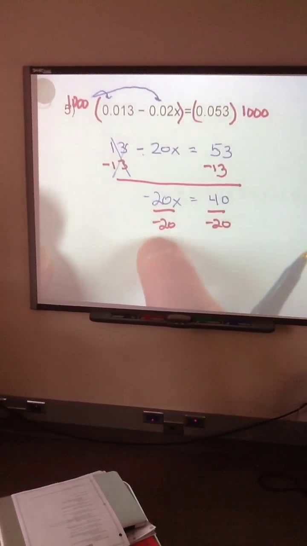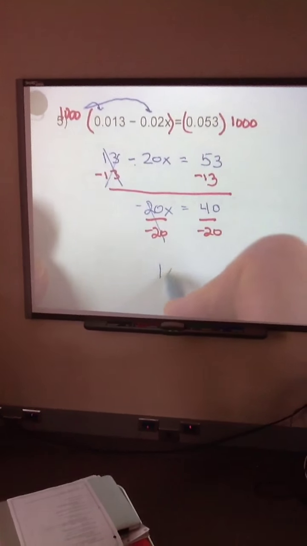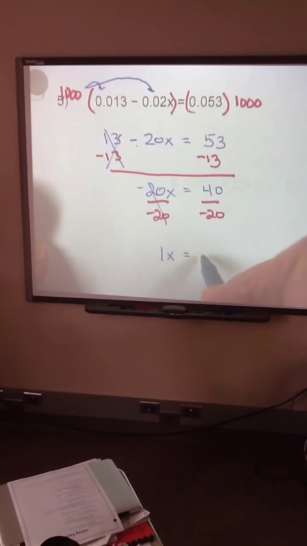And again, we want the 2 negatives to make a positive 1x. And our 40 divided by negative 20 would be negative